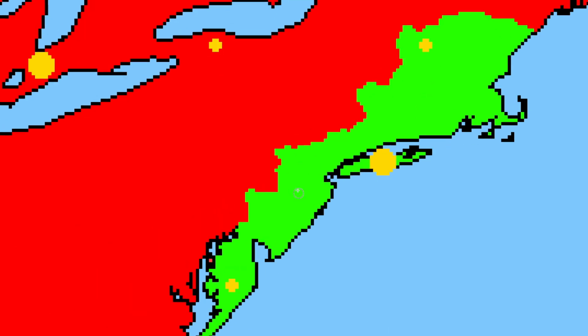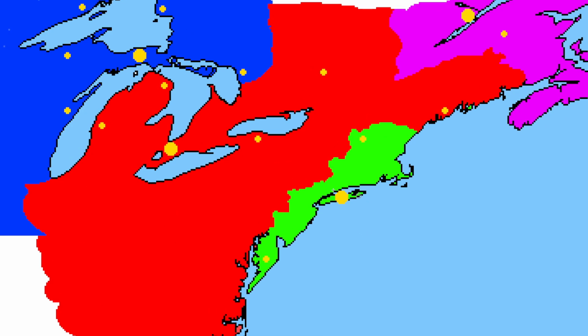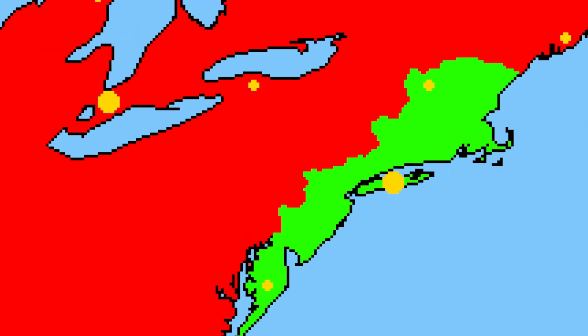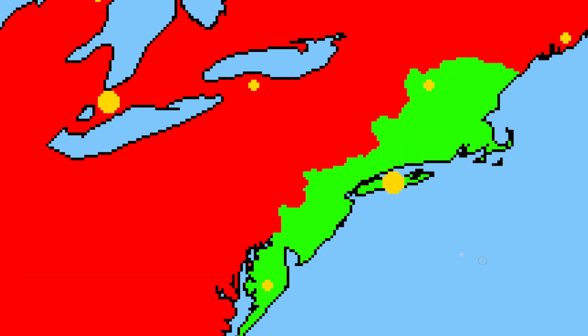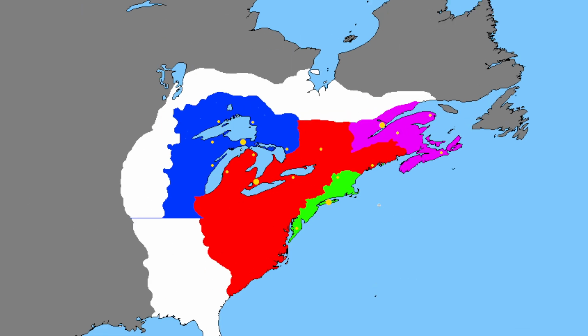Which, speaking of wiping things off the map, I am getting rid of these weird black dots that are meant to represent coastline because they are too insignificant and I do not care. I'm also going to be fixing up this border slightly because it's annoying me. Does that mess up a province? It actually doesn't mess up a province, so we're fine. But yeah, this is the peace treaty.